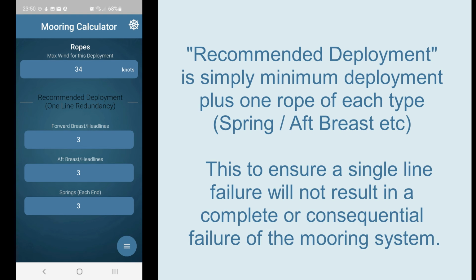The app goes further and states a recommended deployment. This is simply the minimum deployment plus one rope of each type, be that spring, aft breast, headline, etc. This is to ensure that a single line failure will not result in a complete or consequential failure of the